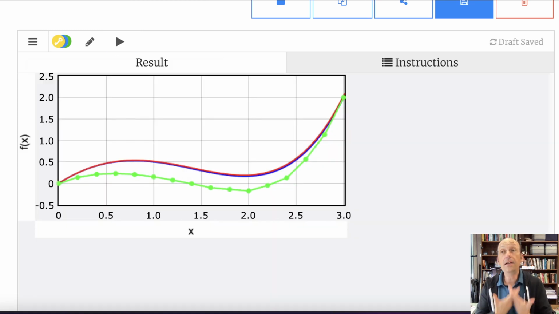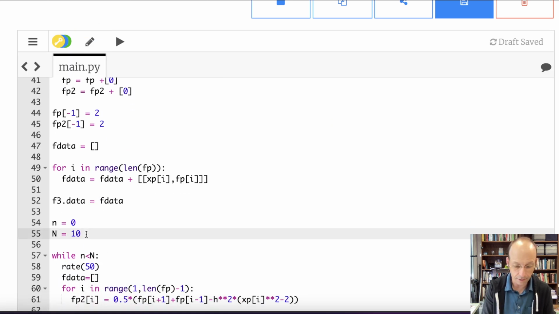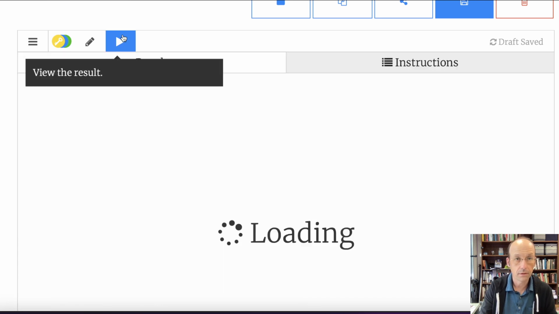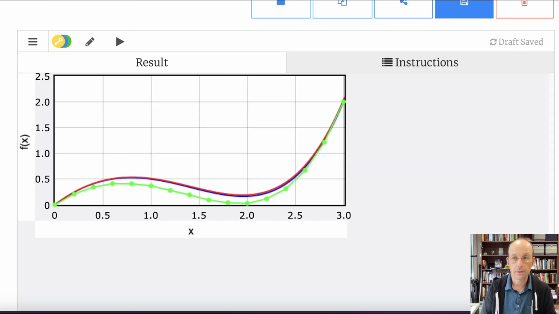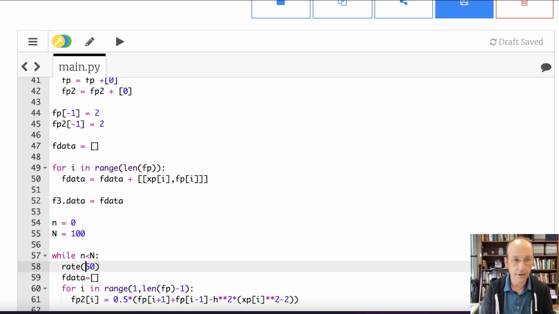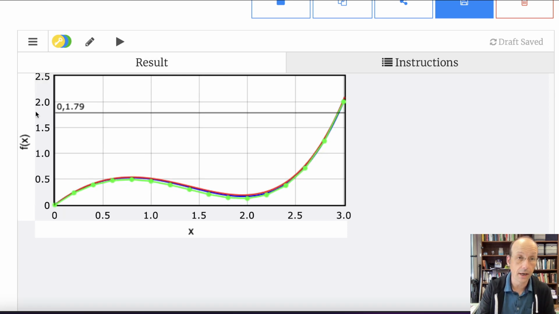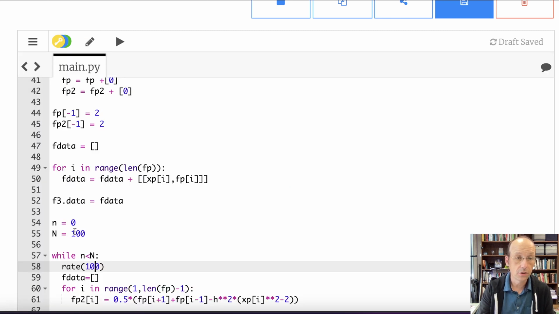Okay, so you see, I went through 50 times, and every time it got closer to the real function. I mean, it's amazing that this actually works. So let's run it for longer. That was 10 times. Let's do 50. It's not there, but it's close. Let's do it for 100, and let's make it go faster. It's not quite there yet. It's getting close. So let's just do 200, and let's make this run even faster because we're that impatient.